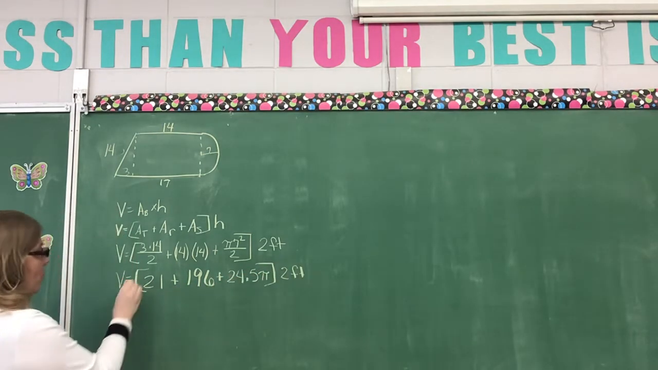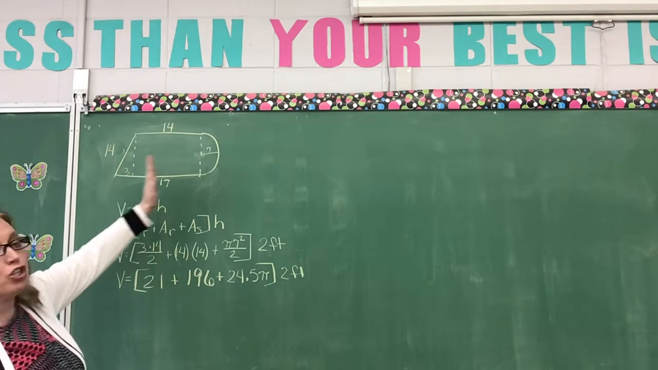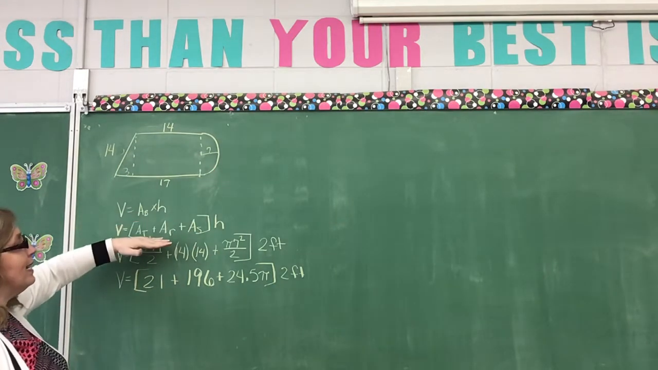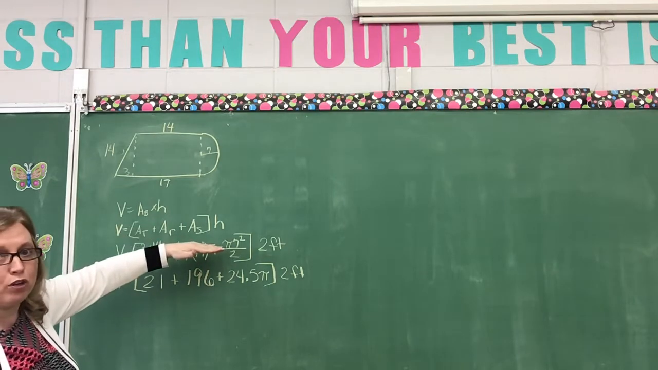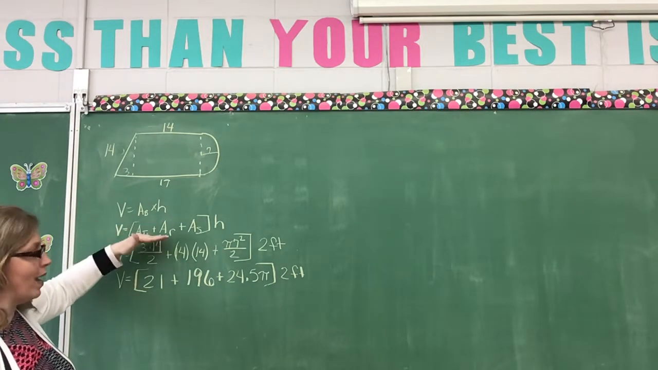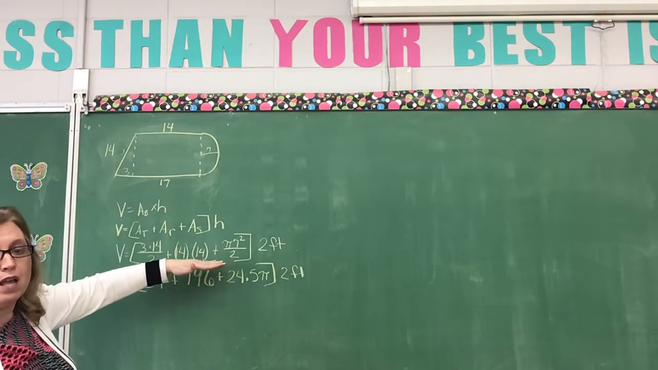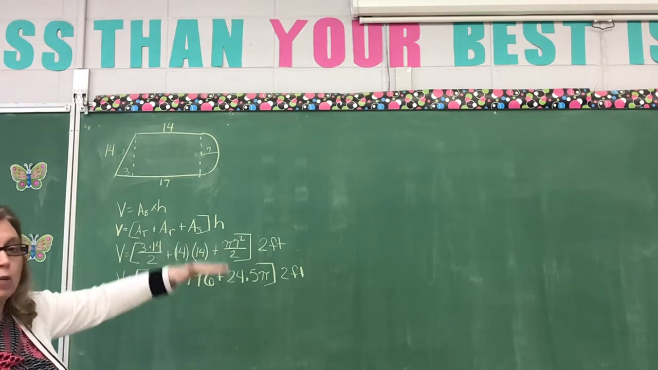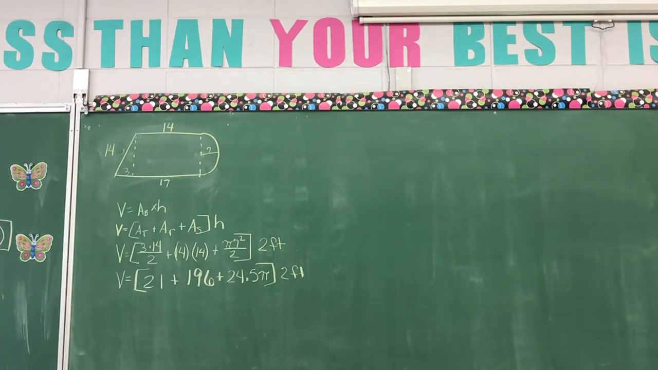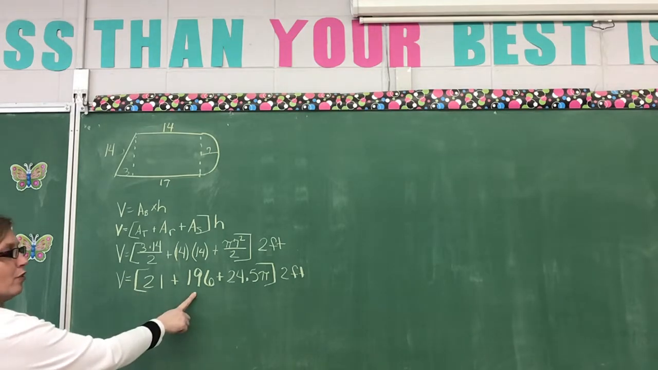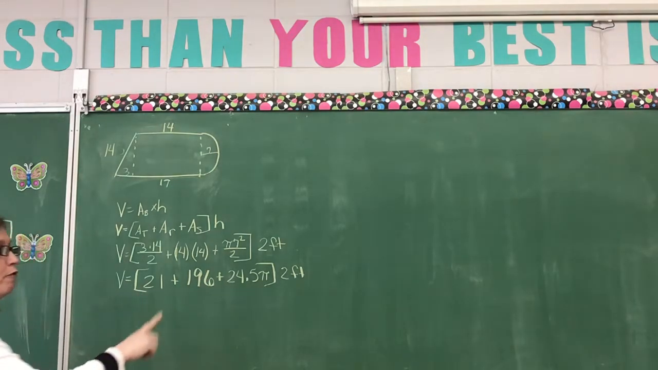So far, all we've done is we've sectioned off our diagram. We decided what our different types of geometric figures were, a triangle, a rectangle, and a semicircle. We filled all of those in with a formula and numbers, and we've solved things that we could. Now, what are we going to do? Now we're going to add together. We're going to add 21 plus 196 plus 24.5 times pi, and we're going to take that and we're going to get